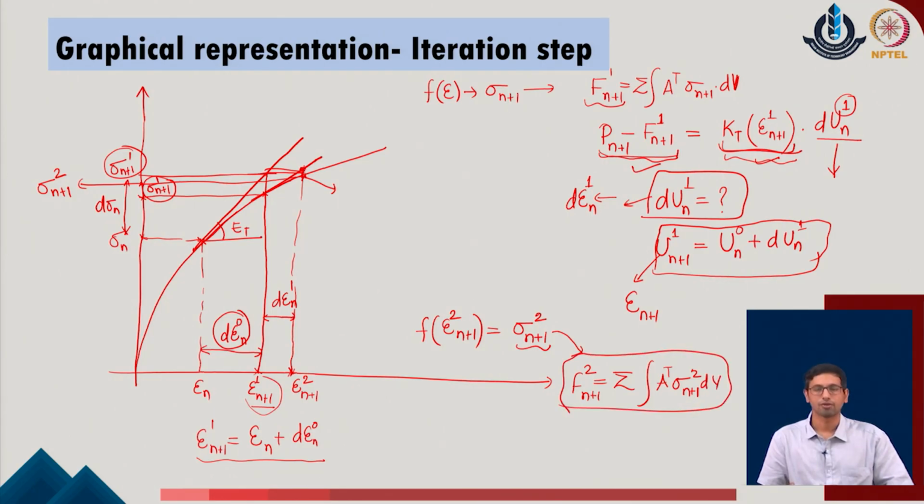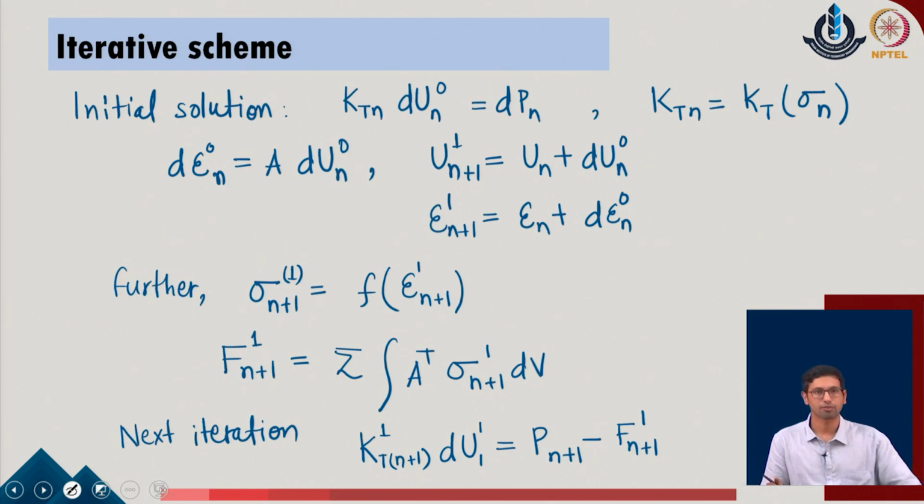So, this way we are now able to identify the value with respect to the next force increment in the given system. To define the residue, again we will come up with P of n plus 1 minus f of n plus 1 with the second iteration in the system. We will again see whether this value is less than the tolerance. If it is still not lesser than the tolerance value, we will go with one more level of increment in the given system. So, this is the brief procedure which we typically identify, as we have just defined here,